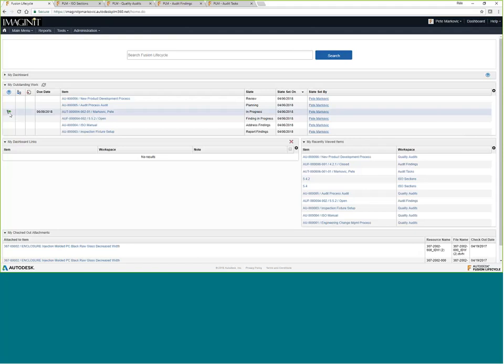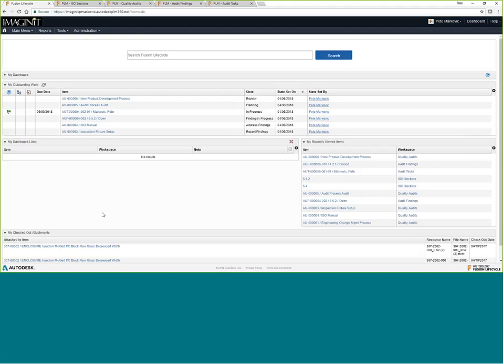Some of these, as you see, have a date. You know, this thing is due on June 9th. This is an audit task. I've got the green flag, meaning I'm not late yet. As this date approaches, I can set it up so maybe 3 days out, it will go to yellow. That's starting to warn me. Once I hit June 10th and I'm not done with this task, it will go to red. So we give people prioritization of what they should be working on, based on however we've set